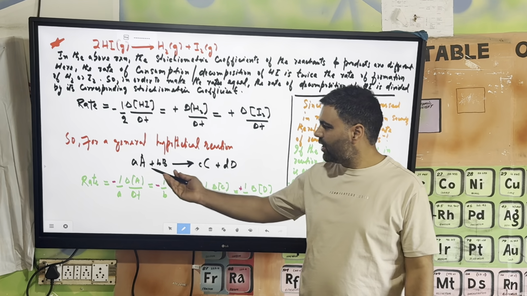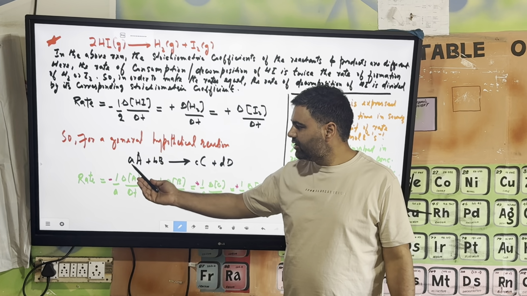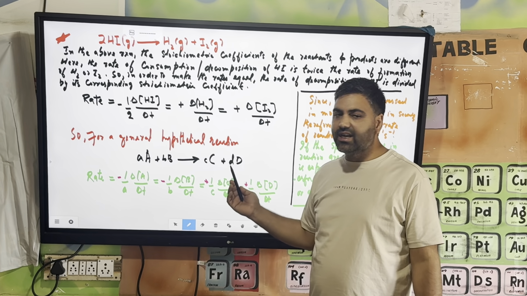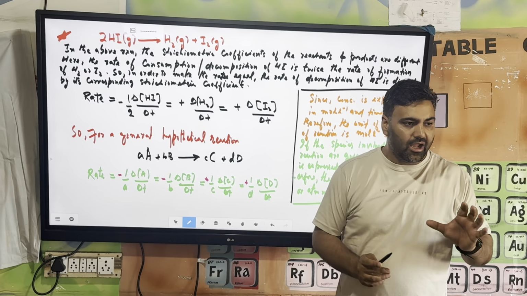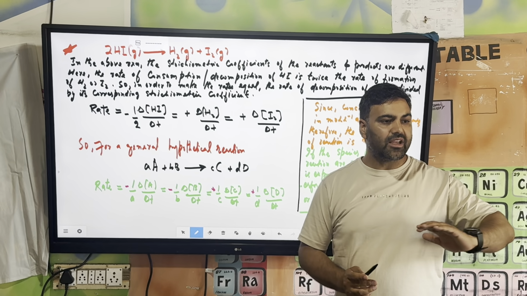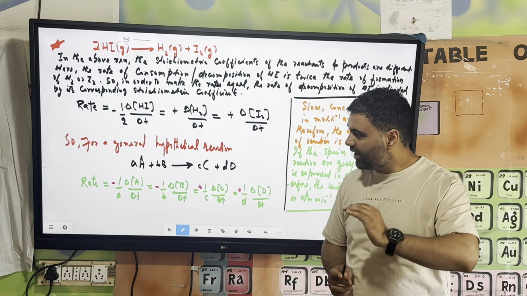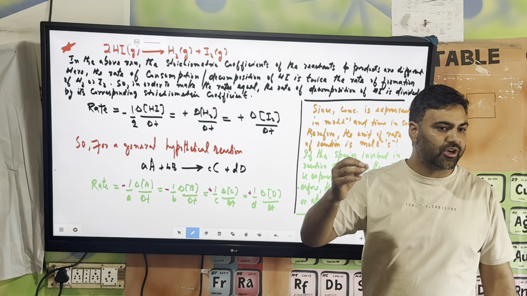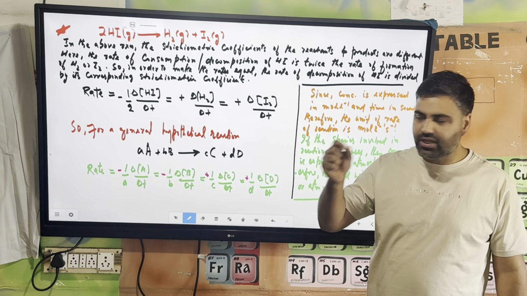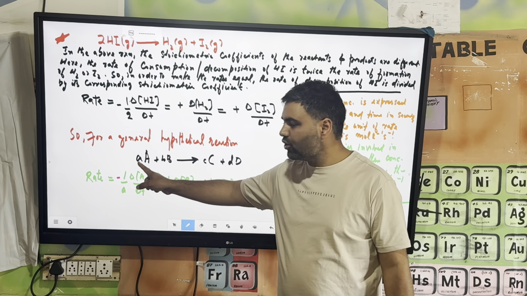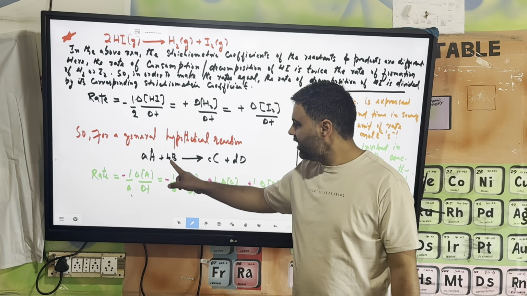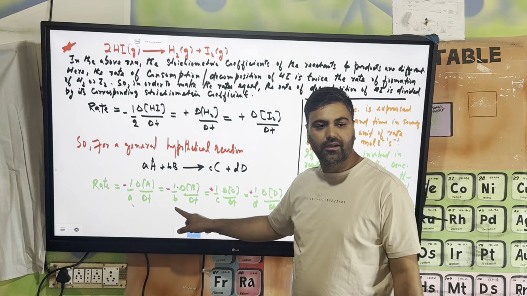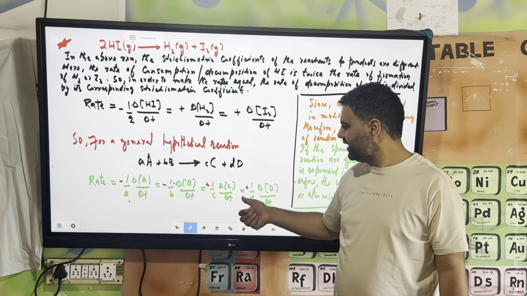So for a general reaction where the stoichiometric coefficients are not equivalent to 1, for example, if you are taking a hypothetical reaction where the stoichiometric coefficient of this reactant is A, and that of this is B, and that of this is C, and that of this product is D. And if you have to write the rate of the reaction, for making the rates equal, what do we have to do? We have to divide the rate of that reactant or product by its corresponding stoichiometric coefficient appearing in the balanced chemical equation. Like here this stoichiometric coefficient is A, so we have to divide it by A. Here the stoichiometric coefficient is B, so the rate of this reactant B is divided by B. Clear? Likewise, it would be C and it would be D.